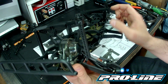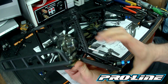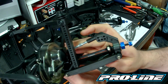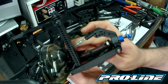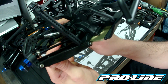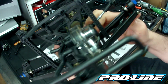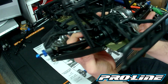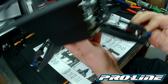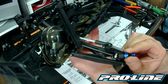Was a little bit alarmed to see how long these are. They're easy enough to cut down, but if you can see that, they don't actually bind or stop the, well, that one actually does touch just a bit. It kind of just depends where in the drive shaft is. You can see the loads and loads of droop. Obviously you're not going to be driving it for very long with that much droop, but